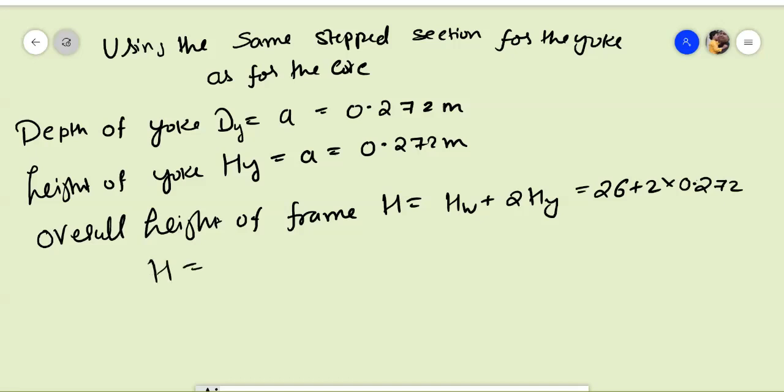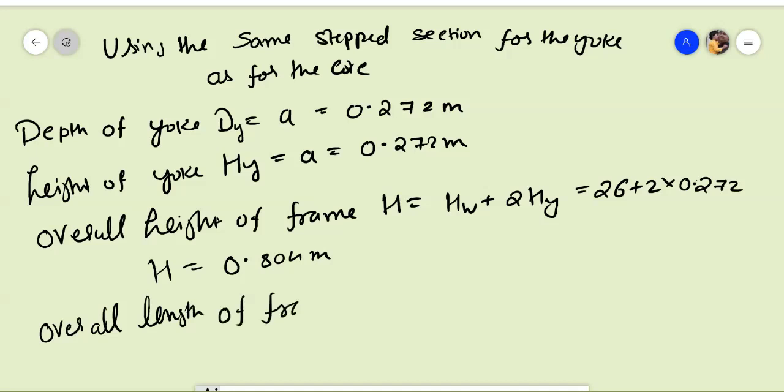Then our overall height H can be calculated to the value of 0.804 meter. That is our overall height of the frame. Now let us find the overall length of the frame. So the overall length of the frame W can be written as D plus small a, and we know that the diameter d